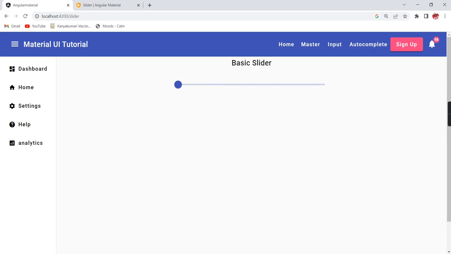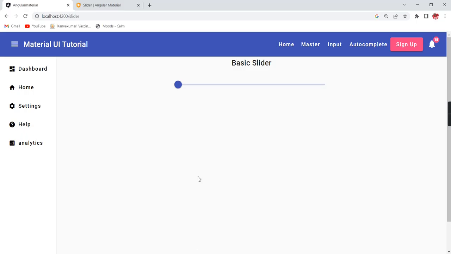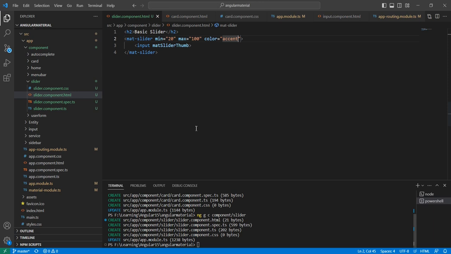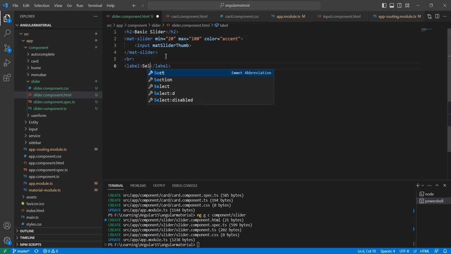Okay, this is fine. Next, I am trying to change this color. Just include this property color, accent. Okay, the color is changed and our slider is working. The second thing is we should know what value exactly I have selected. For that, let me include one label tag: selected slider value is